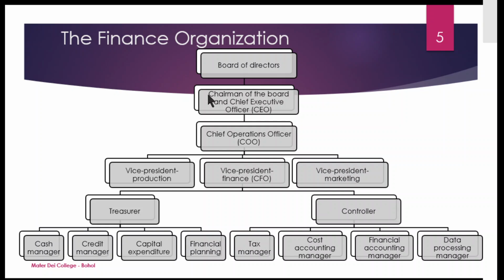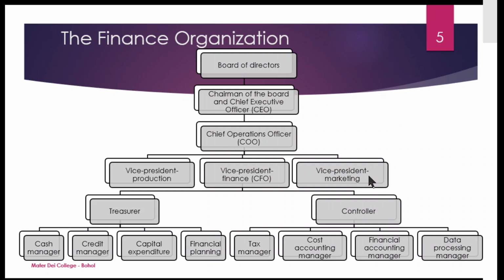So another person is in charge as the chairman and another person is in charge of the CEO position. And then under them we have the chief operations officer. Then under the chief operations officer we have the different vice presidents. Like for example, there's for production, there's for finance, or others may call it a CFO, and another person